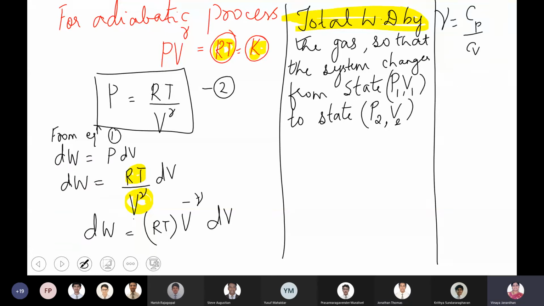Pressure is a state function, is that so? It is. Temperature is a state function, volume is a state function. We call them thermodynamic variables because they keep varying. So now what will be the total work done by the gas so that the system changes from an initial